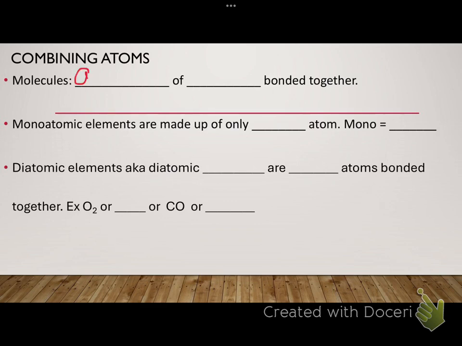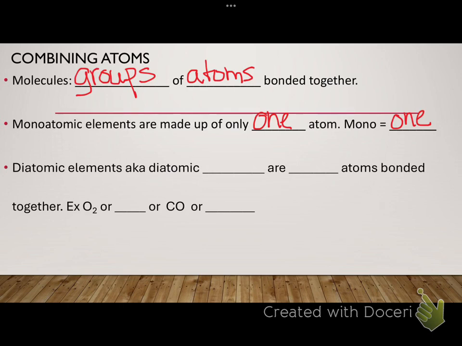Okay, so molecules are groups of atoms bonded together. A monatomic element is when it's made up of only one atom. Remember that mono equals one. So just like a minute ago when I talked about carbon monoxide, it's made up of just one carbon and one oxygen, and so we call it carbon monoxide because it's just one. And the stuff that we exhale is carbon dioxide because that's made up of two oxygens, di for two,